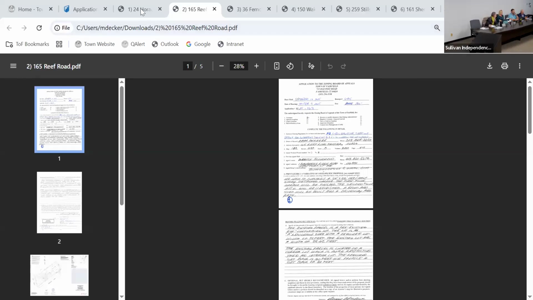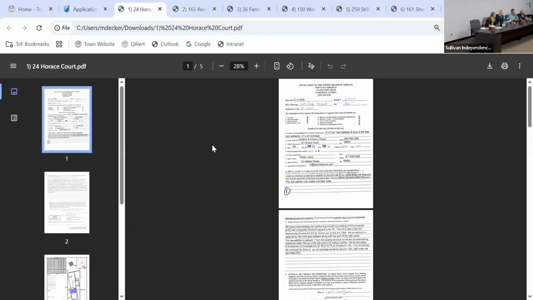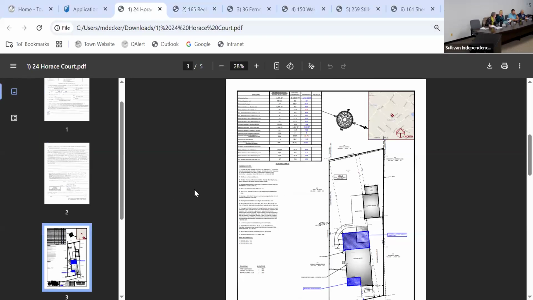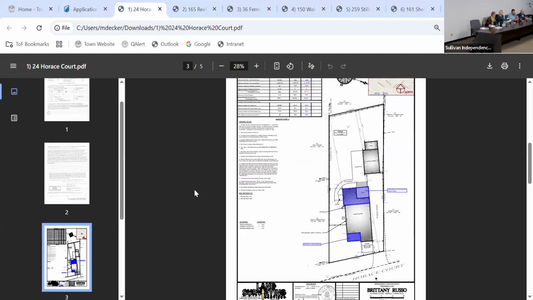Okay, I'm going to explain how we're going to run the meeting. First, when a matter is called, the applicant or his or her agent will present the case. At this time, originals of any petition should be given to the clerk, Tara. Copies of the petition should then be distributed to the board members. After the applicant's presentation, all interested persons in favor of the application will come forward and speak. After those in favor have spoken, those in opposition will then be heard. The applicant or his or her agent may then address the comments made by those in opposition.